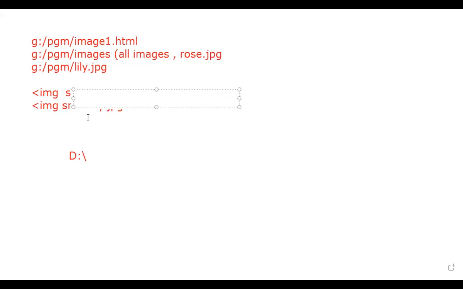What I would have done here is take a backslash, right? Yes, I should take a backslash. For example, D colon, backslash. Now there is one folder called WP-PGM, and there is one more folder called, for example, images.